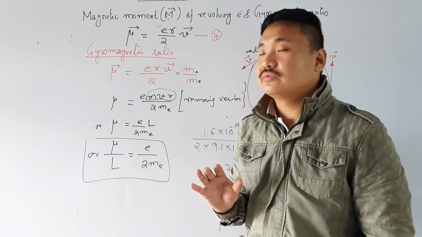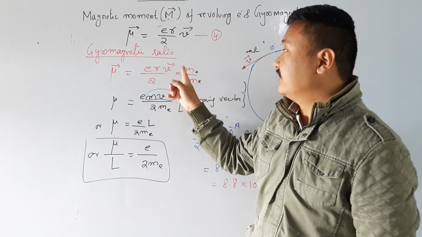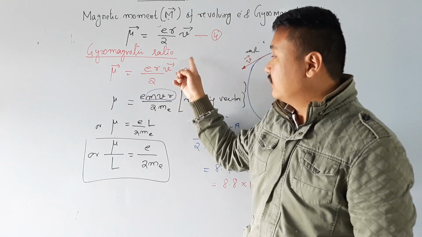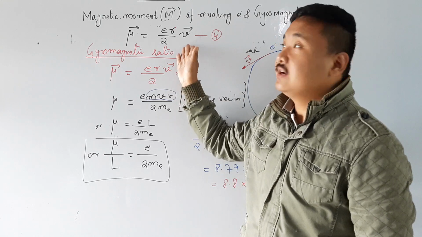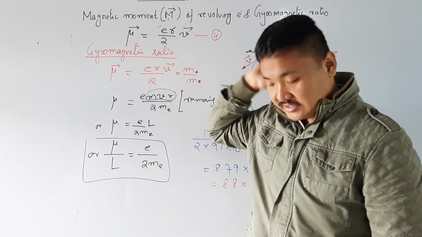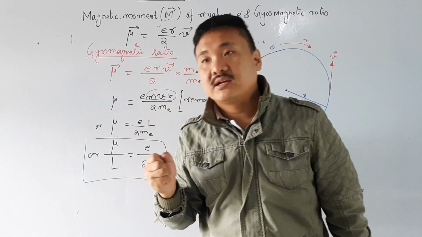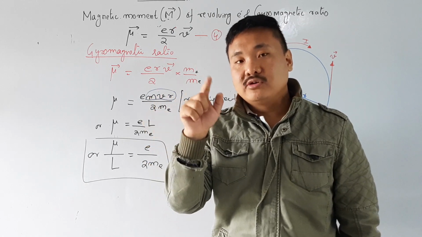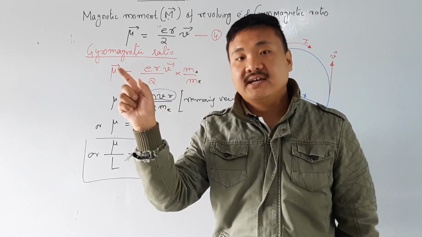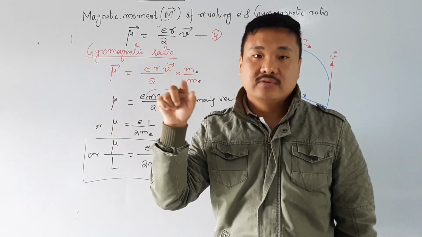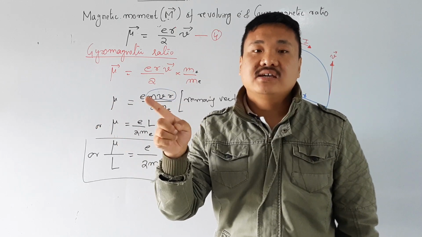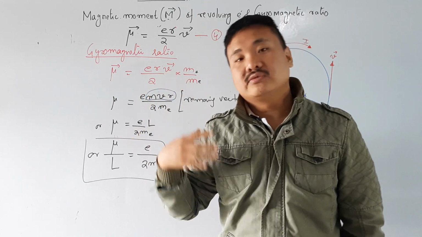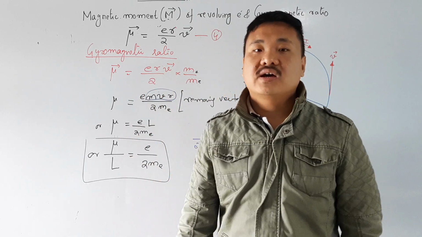How did we get it? We got it by multiplying and dividing by the mass of the electron, above and below, on the right-hand side of the magnetic moment. The derivation of magnetic moment is very easy. We know m equals n i a, with n equal to 1 for one revolution. Then find the value of i as q by t, find the value of t, and you get i. The area is pi r square; put it in and get the result.